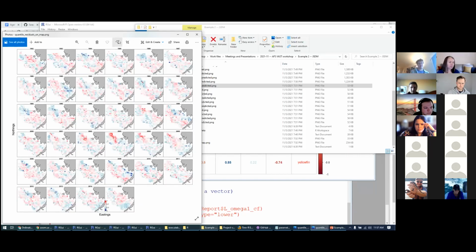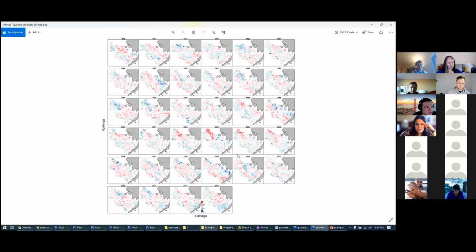Here you see, because there's no change in spatial configuration over time. Here's an example of a bad map of spatial residuals where there's this persistent value near 1, which I guess means the data are